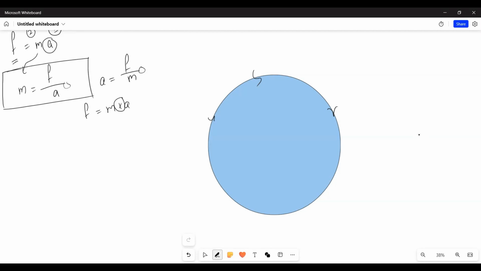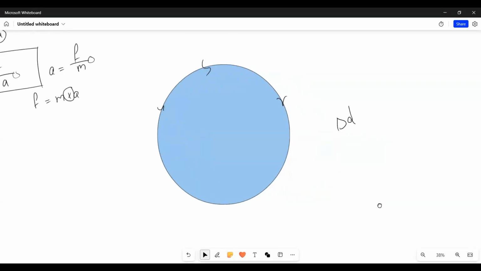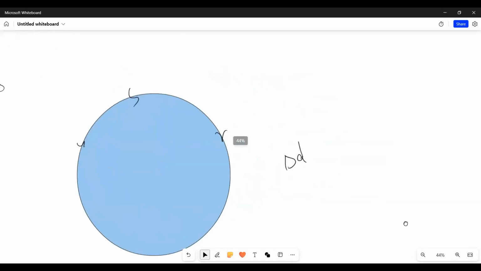This change in direction, okay, open your eyes, is going to affect the velocity of the car. How is it going to affect the velocity? We know that velocity is a vector quantity. A vector quantity has magnitude and direction, a value or size, and a direction. So when I change the direction of the car, it's going to change the velocity, and this changing velocity is going to result in acceleration.